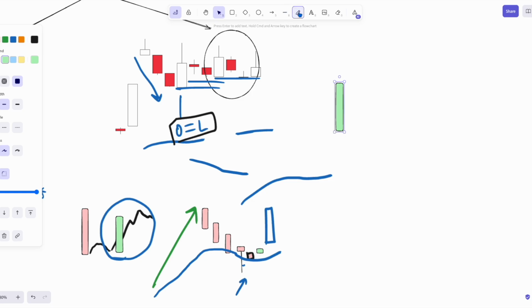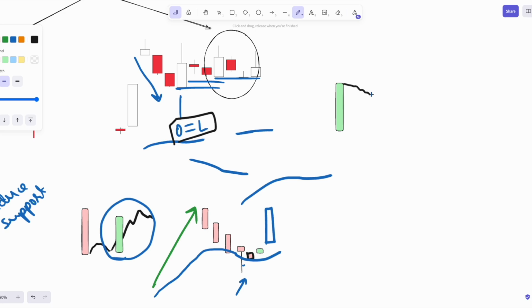And after that, price basically was just coming back. That's about it. So basically, this candle itself doesn't have any element of bearishness, right? But this one had,